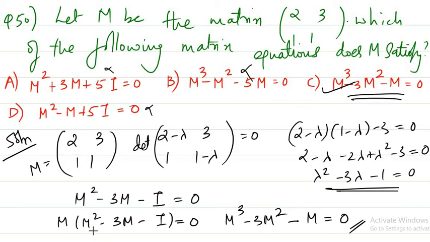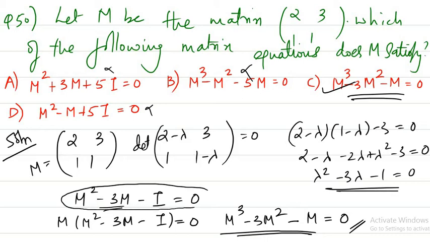That means that this matrix satisfies this equation, correct? Because already we know this part is equal to 0. So if you multiply with again an m, again you're going to get 0 itself, right? That is what I've done here. There's no confusion like why we are multiplying with m. Already we know that this is 0, and that something we are multiplying with again 0, we have to get 0 itself. But when you multiply with m, left hand side is basically this, and that is 0. That is what is given to us, right?